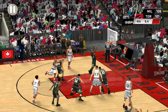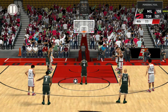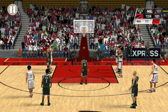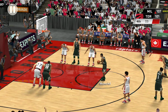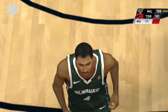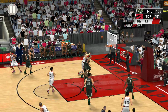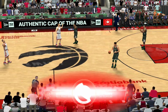Off the inbound pass. The shot misses. And here's Moncrief. And so they foul intentionally. So the first one drops in. Second one is good. Getting both at the line. And now Lowry. Beyond the arc. Carter outside. It's good from beyond the arc. And so it's the